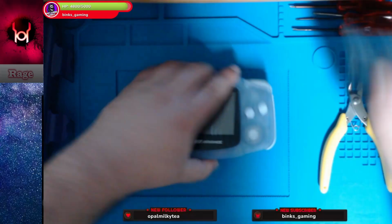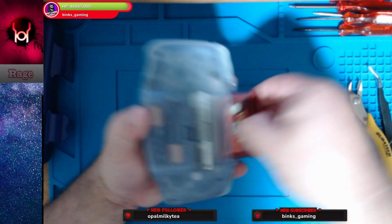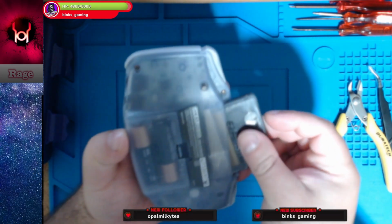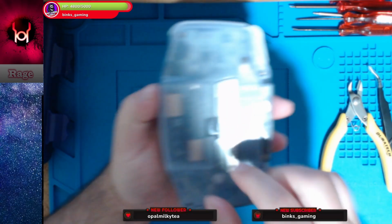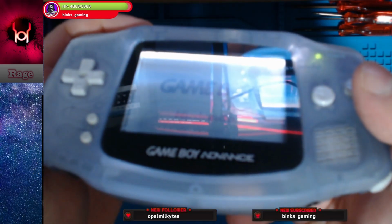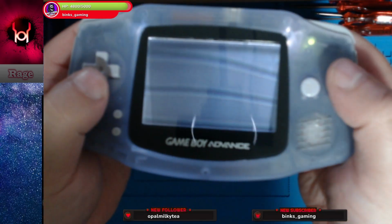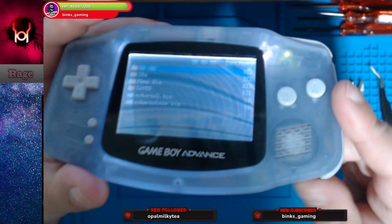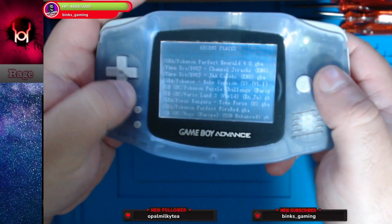Now, this lovely... Oh, I already had a game there. I don't want to use my original Ruby as my test. Now, this lovely thing, when I got it, I didn't know was pre-modded. If you notice, there's a light up there. This thing has a front light. Let me turn up the sound. Let me just load up